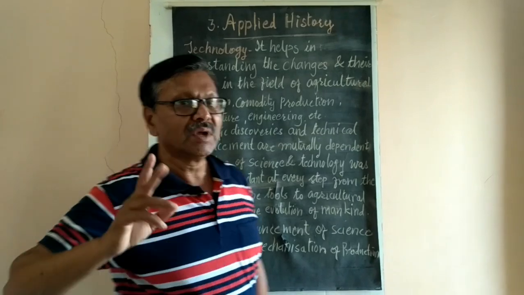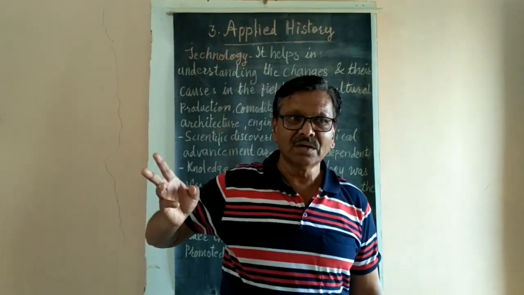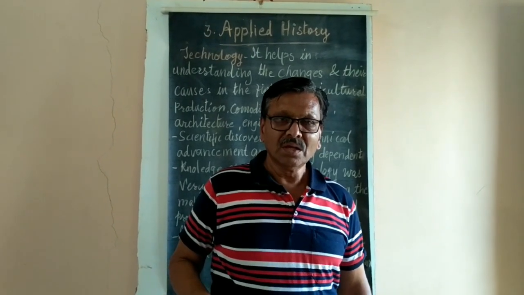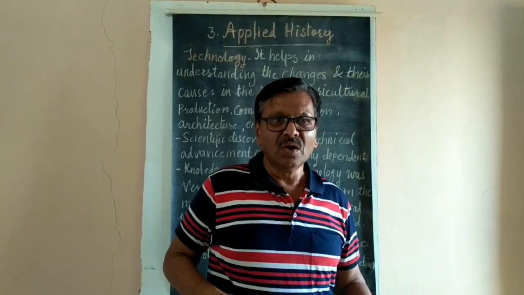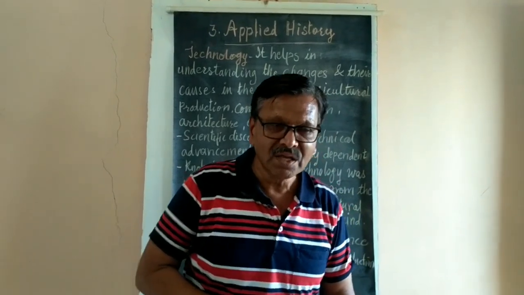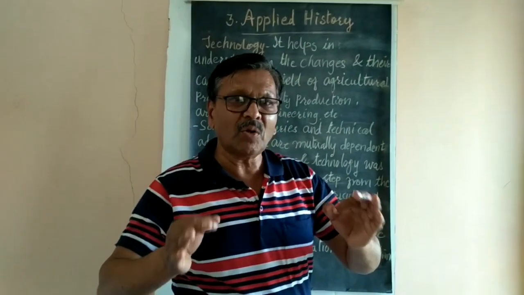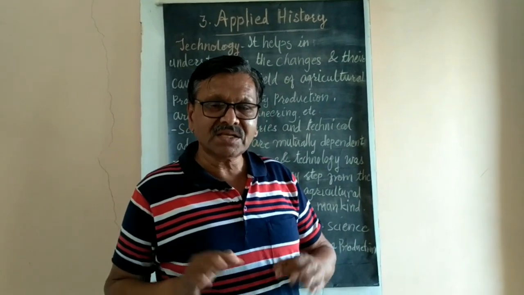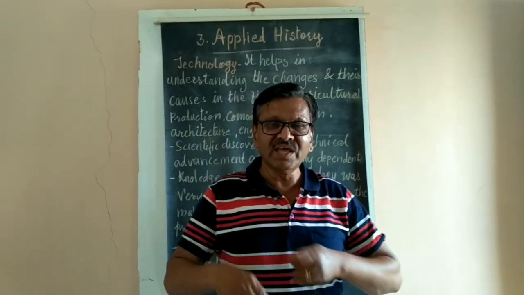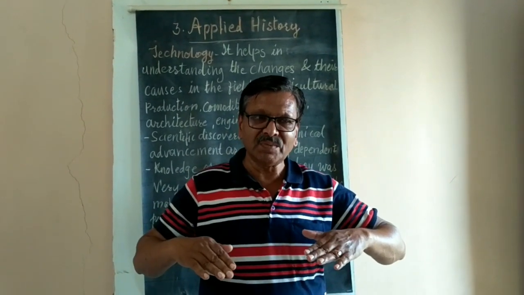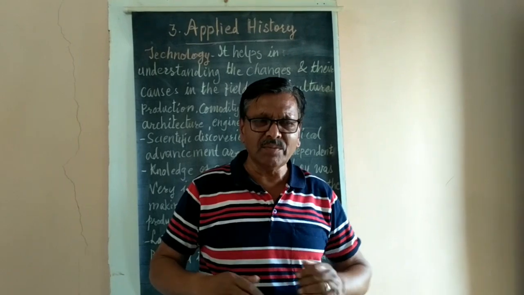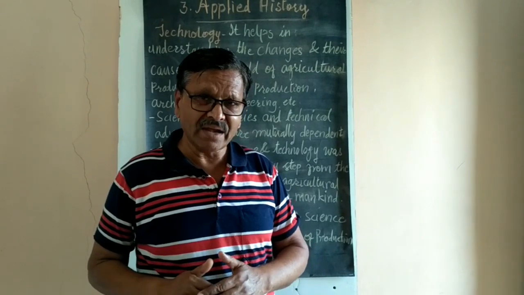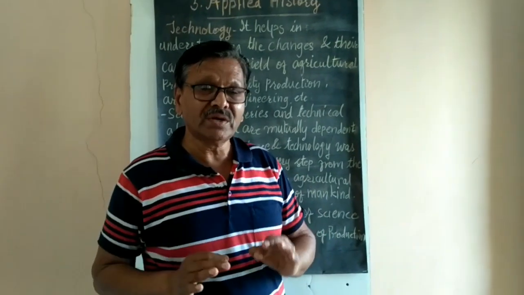If you go back to the history of mankind in Europe, industrial development started because there was a demand from the colonies. Let us take the example of textile. They wanted textile on a large scale, and this textile was woven by hand, with the handloom. Therefore it used to take a long time to make the cloth by hand, and the finish of the cloth was not so good.